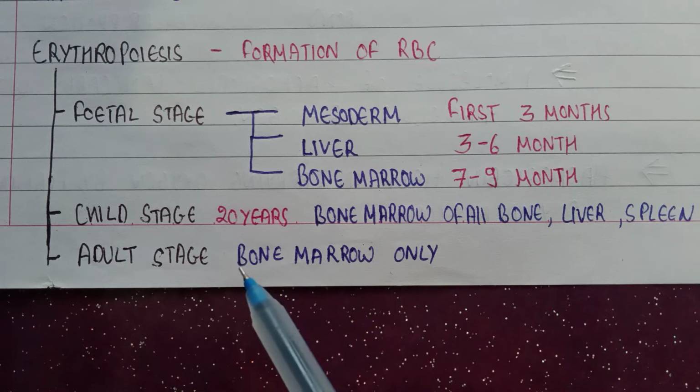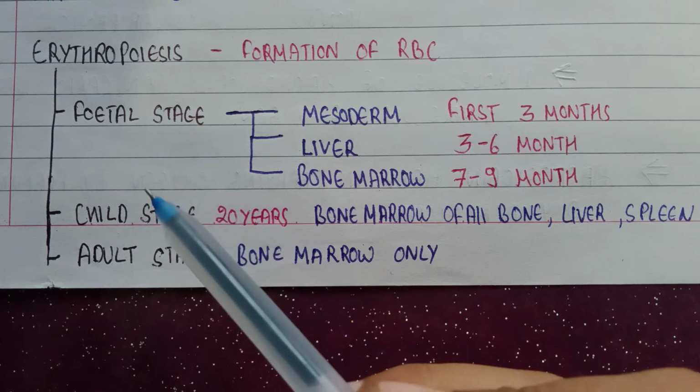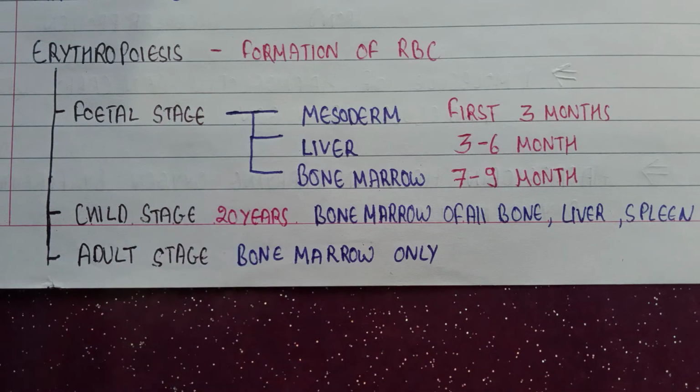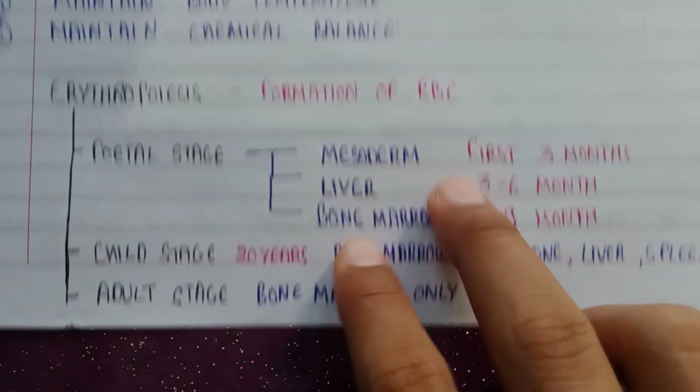So this is all about the erythropoiesis stages: the fetal stage, child stage, and adult stage. Coming to the process,